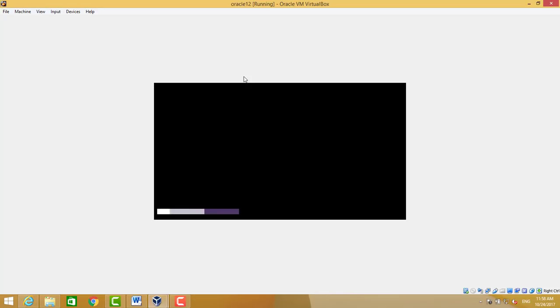It's loading. It will take a few seconds to load the default profile of the operating system users, and it will give us